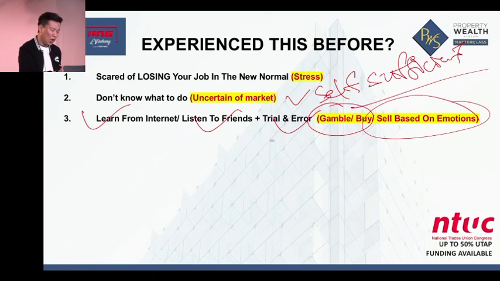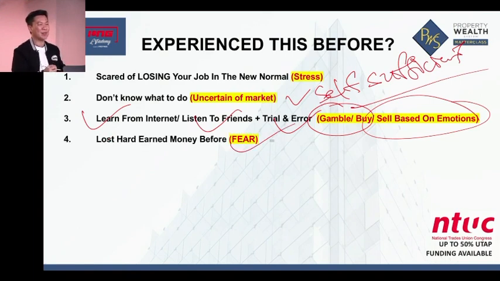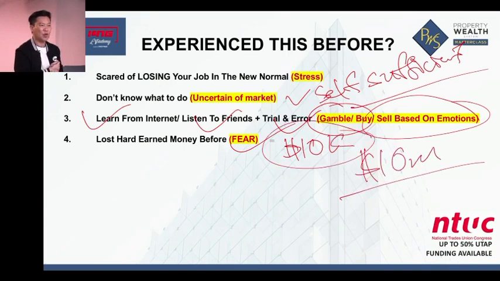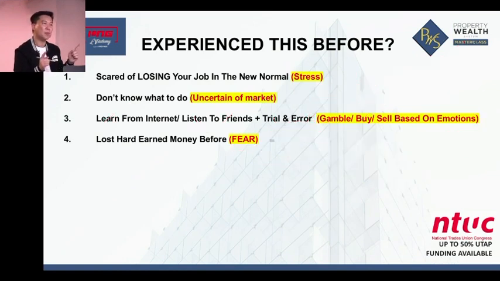Next, and lose hard-earned money. That means you invested in something before and you lost money. Could be Kelvin. Like he lost money in his HDB, the $10,000. If he was afraid, today would he have the $10 million landed with all the other 10 properties that he has? But I'm not saying to be foolishly bold. Most importantly, why is he brave? Not brave. Why is he confident? Because he has a checklist. Important checklist.